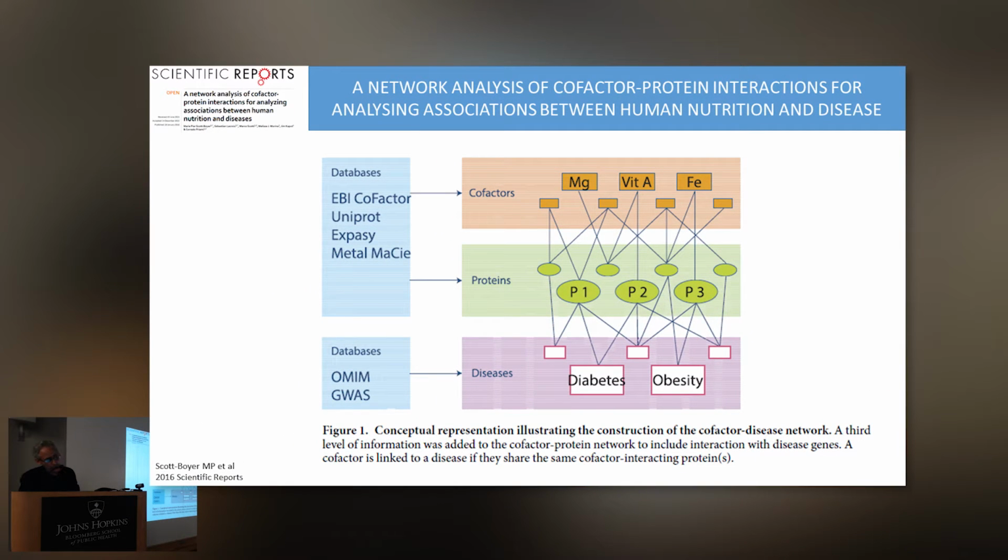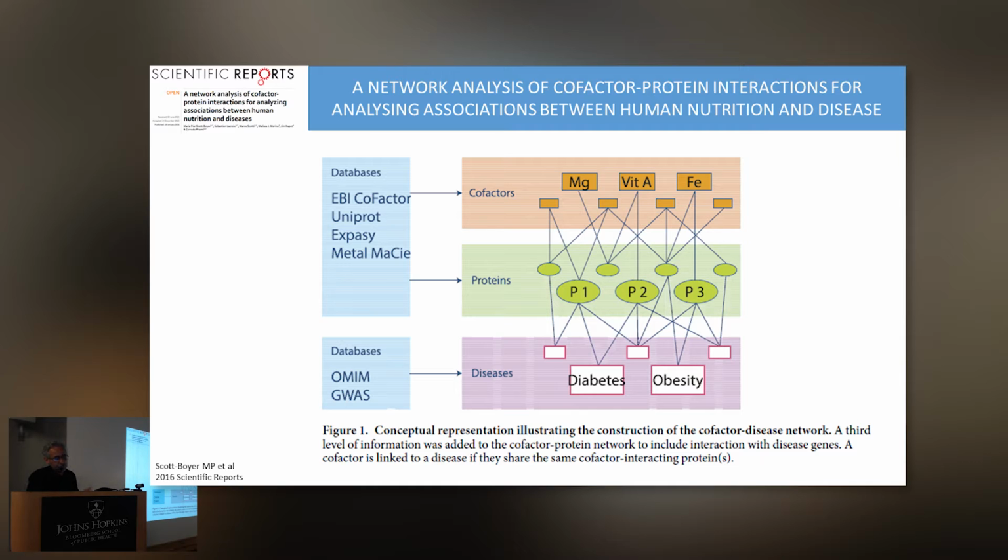Now, another way to look at food is to try to understand which cofactors we get from food that interact with proteins and that might affect metabolism, and which of those proteins that require cofactors from food are actually linked with disease, based on genome-wide association studies that identify the genes and therefore the proteins. And in this paper published just this year by Scott Boyer and others in Scientific Reports, they do a network analysis of the cofactor protein interactions for analyzing associations